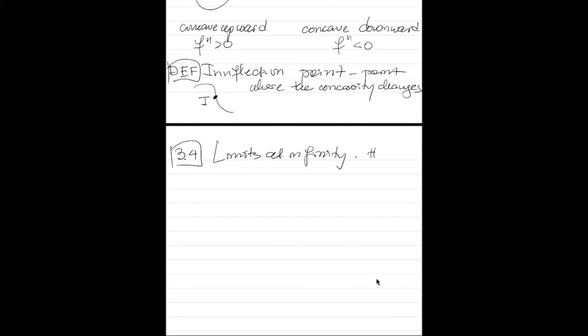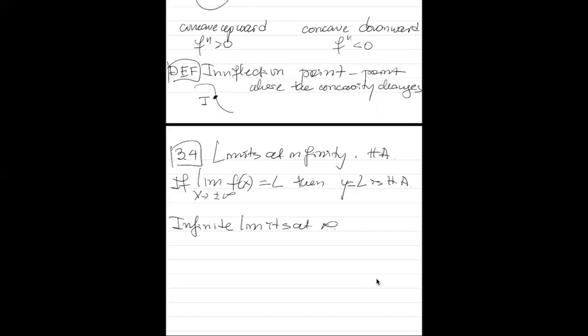Horizontal asymptotes. So if the limit of f of x is L when x goes to positive or negative infinity, then y equals L is a horizontal asymptote. Okay, then we talked about infinite limits at infinity. Example,